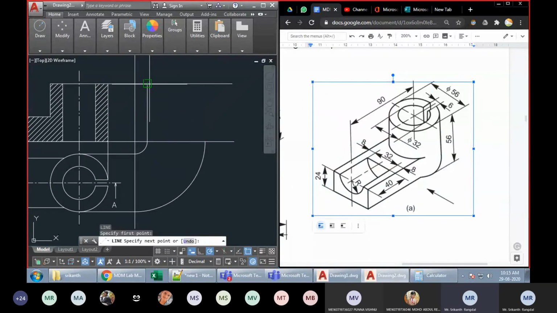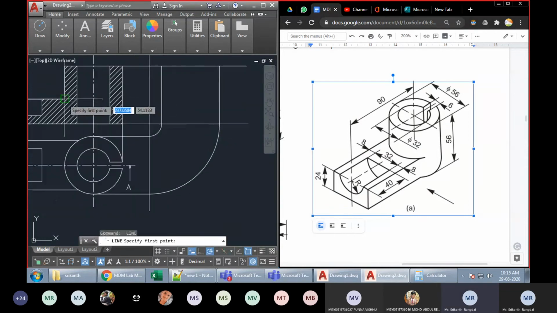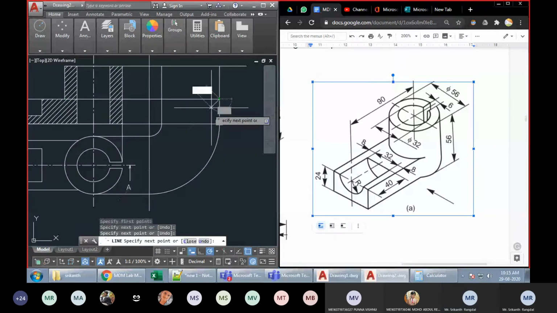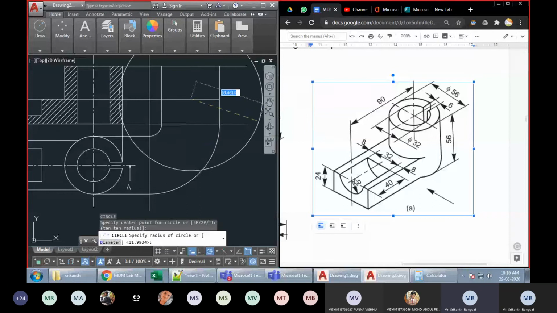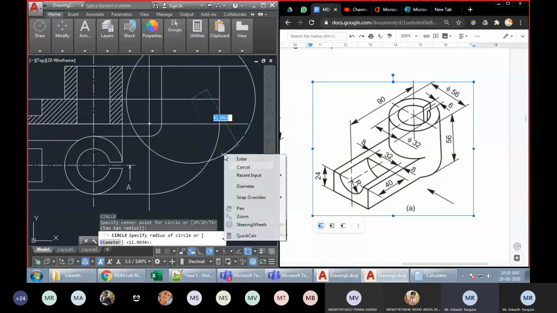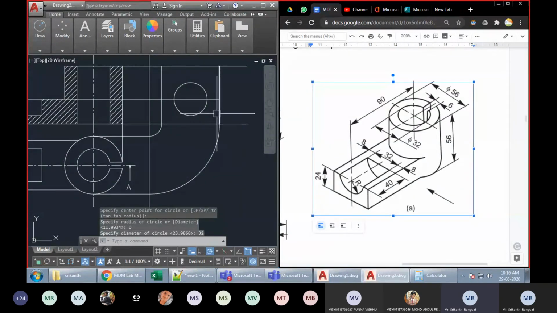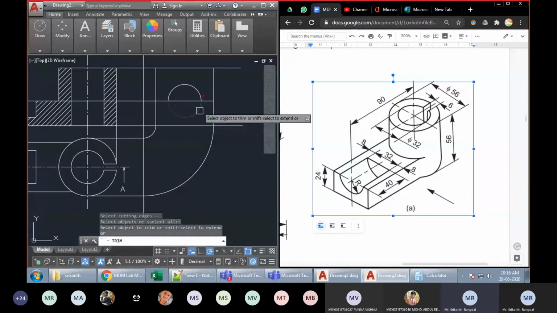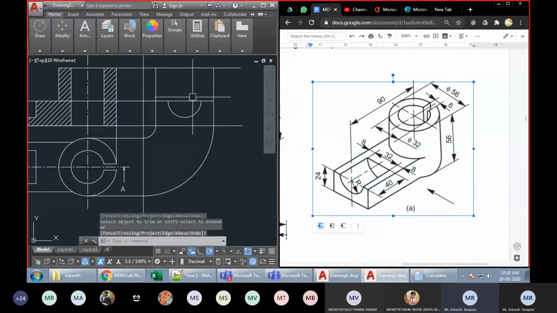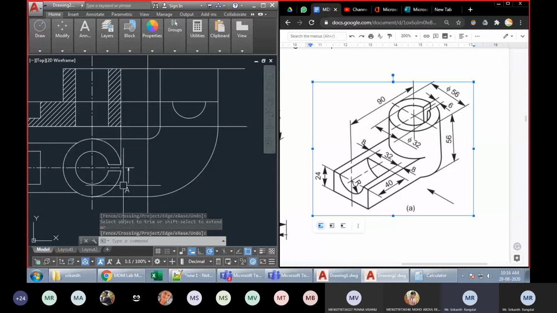Then I will have to take a vertical line from here and here, and I'll take another reference from here. And I'll have to take the midpoint as reference and a radius. How much radius? I don't know the radius. I'll just go with the diameter so that I don't have to calculate. So the radius is 32. And again, I'll have to trim, TR double enter, upper part down. And then I have to take reference of these 2 lines.